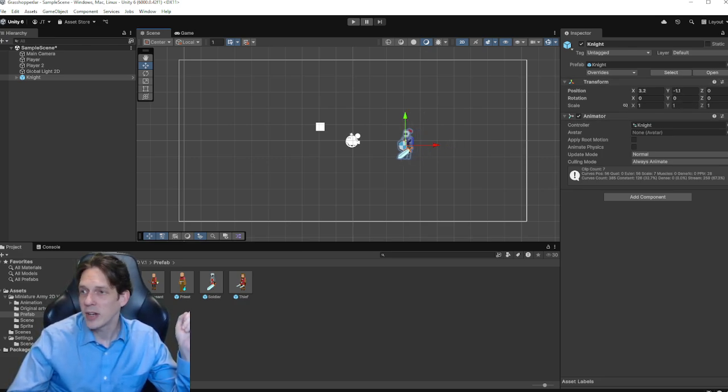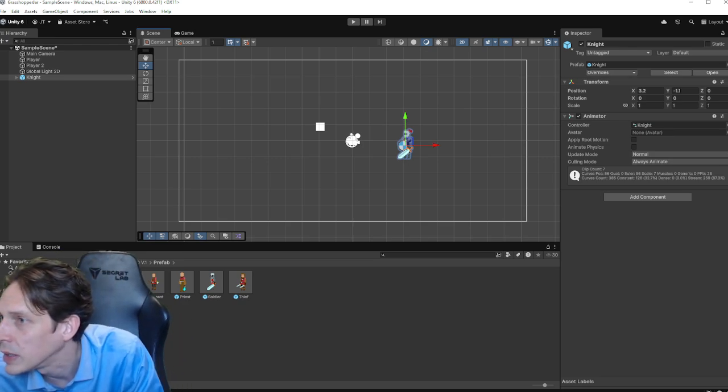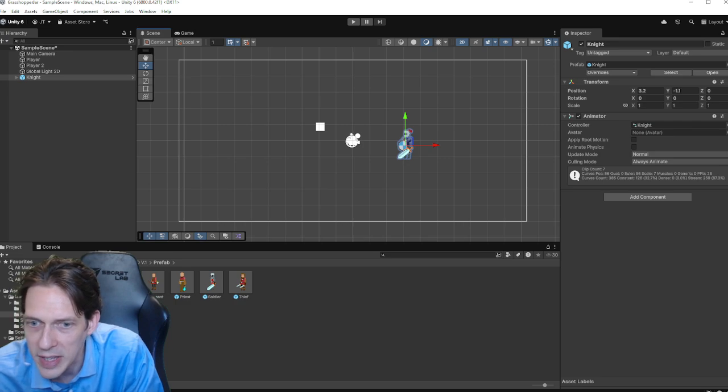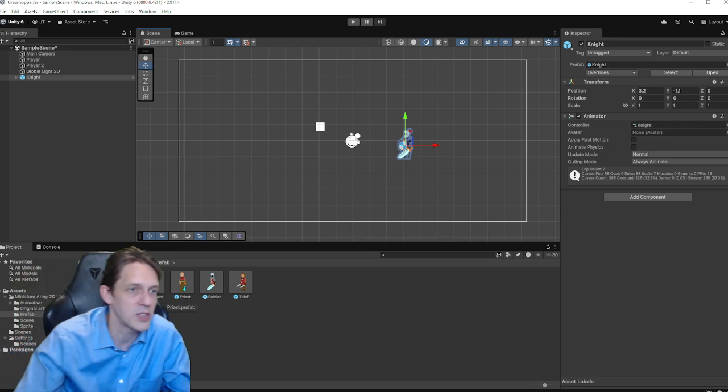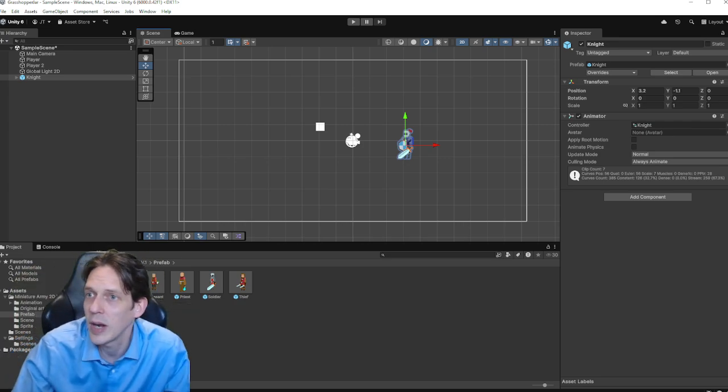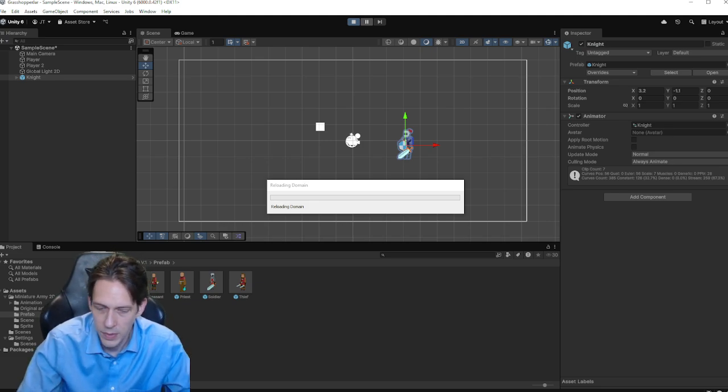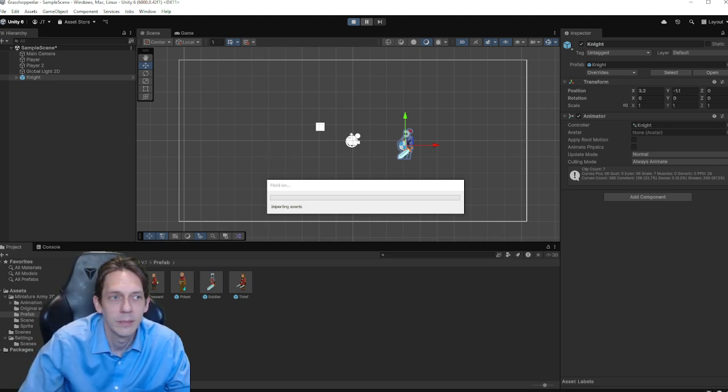We can see the animator here, and there aren't a lot of components here that are deep within this. I'm very interested in the controller, and I think we have to add that. I don't think that this just happens. Well, let's see what happens when I hit play. I'm going to smack into him with the boxes. That's what's going to happen.